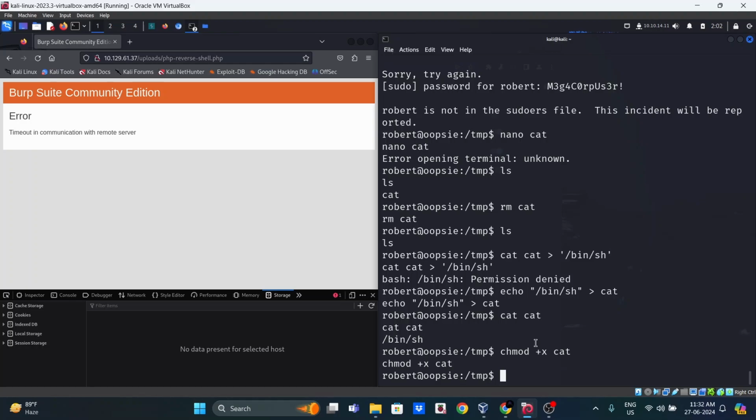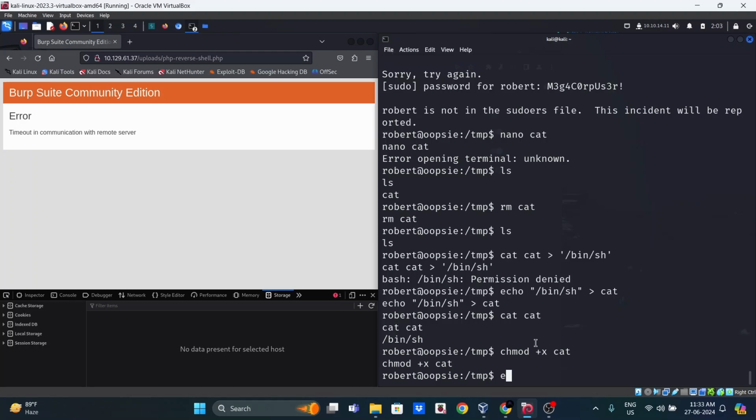We also need to add the /tmp directory to the PATH environment variable. The PATH is where executable programs are located,